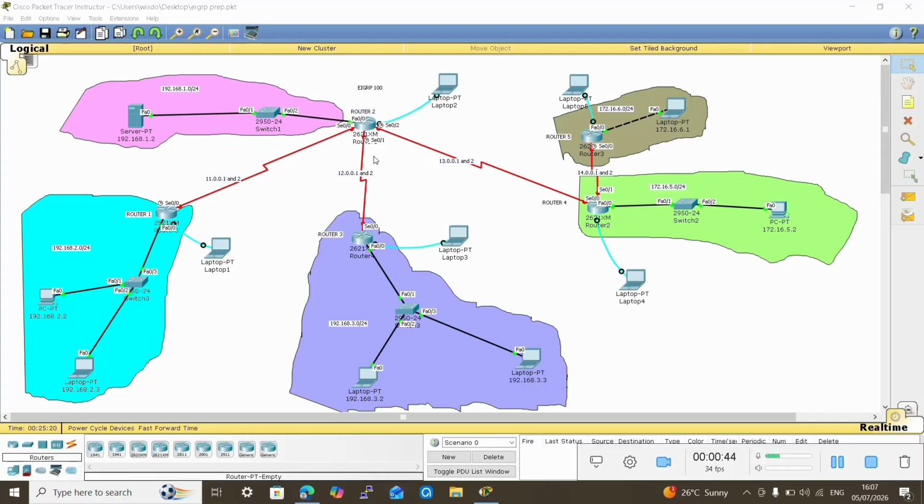So, the one advantage of EIGRP is that it gives the administrators less stress in configuring their devices, unlike other protocols like RIP and the rest. So today we are focusing on EIGRP with the autonomous system number of 100. This number 100 we are using here, we will be using it in all the networks, which is very important